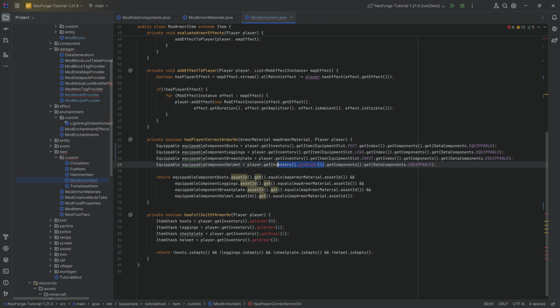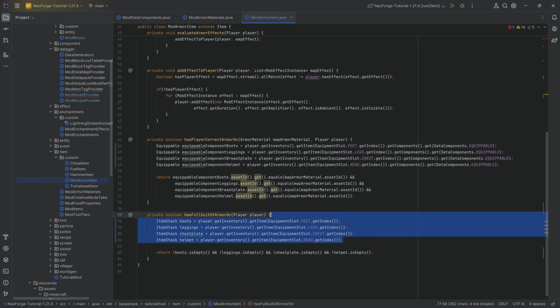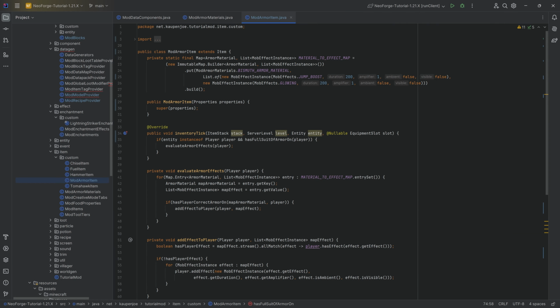And then here we're going to get the equipment slot of type head. This just checks whether or not it has an equipable component and then takes the asset ID and compares it. In theory, because we're not casting anything, I think it should just work. I don't know if it will or not, but I think it does. So yeah, that's the change you're going to get for the mod armor item